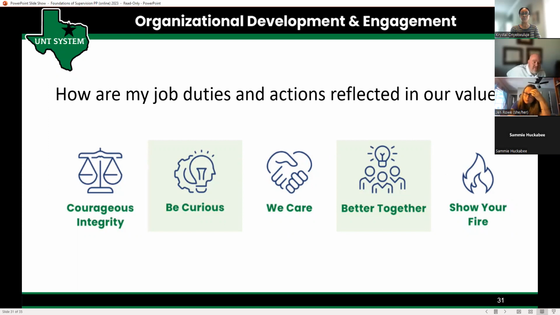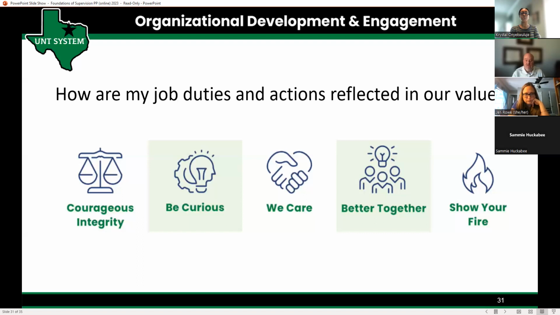And then take it a step further. I advise all of you to do this with your team if you want your team to really see these values and how they come alive. Get your team in a room and put up a poster board on the wall for each value. So we would have 5 poster boards. Give your employees a stack of Post-it notes and say, think about your job duties, write down your job duty